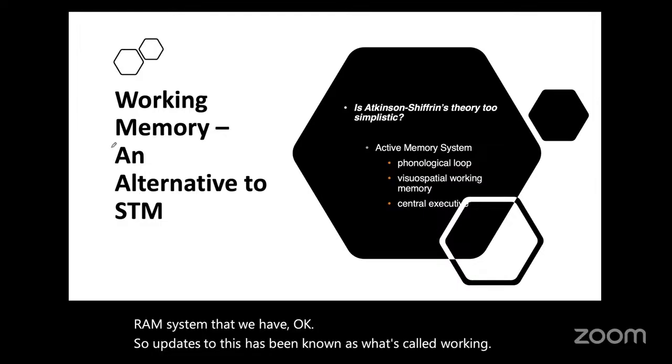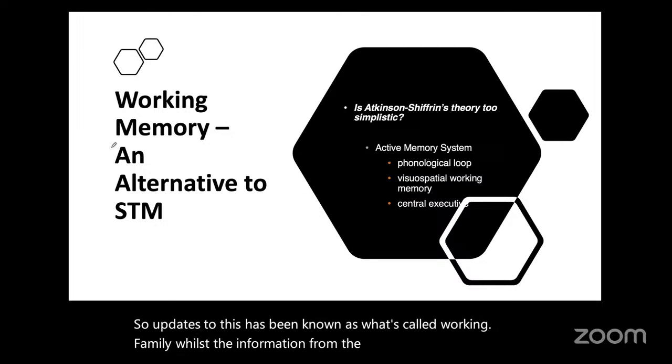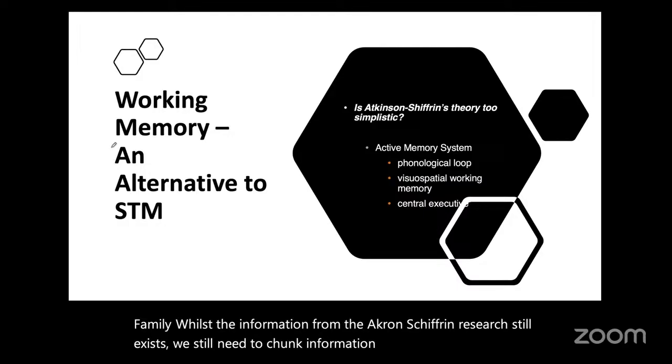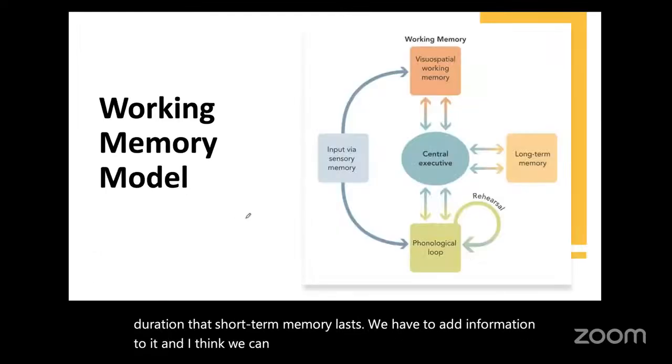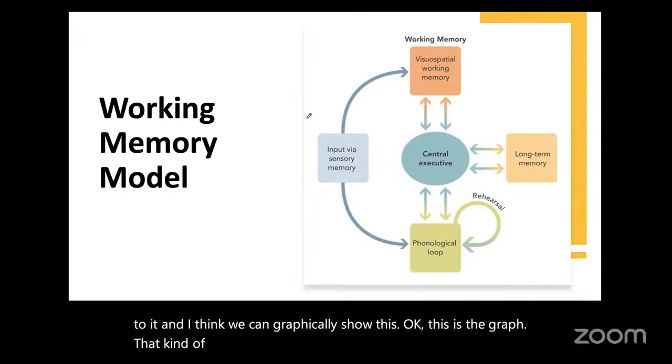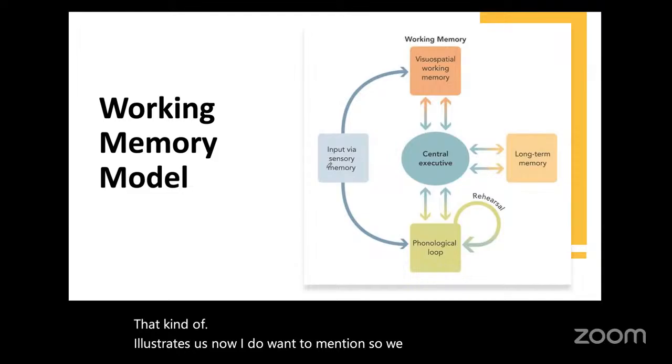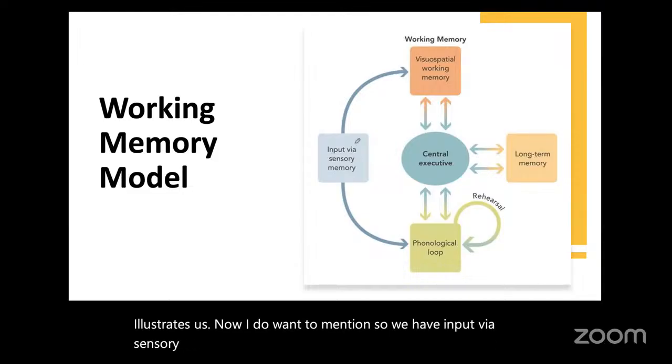Whilst the information from the Atkinson-Shiffrin research still exists, we still need to chunk information together. We know the duration that short-term memory lasts. We have to add information to it, and I think we can graphically show this. Okay, this is the graph that illustrates this. Now, I do want to mention, so we have input via sensory memory,